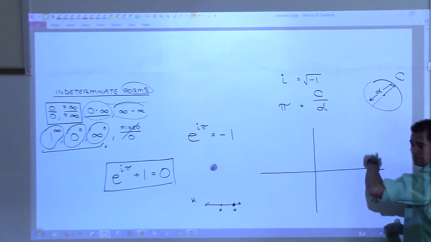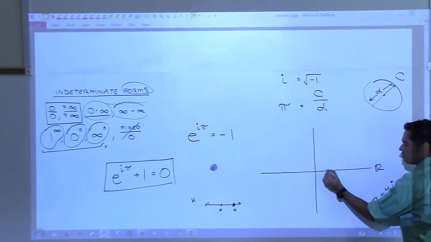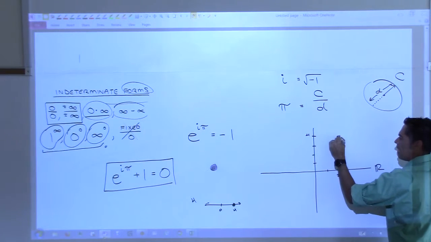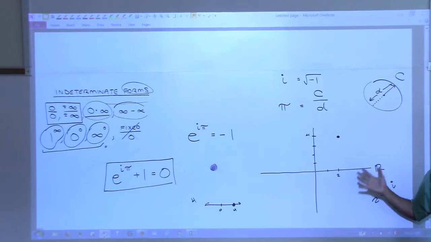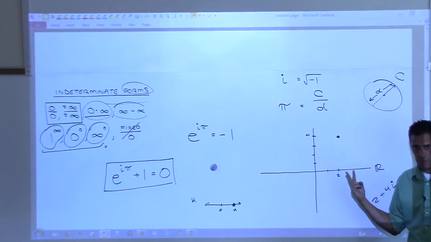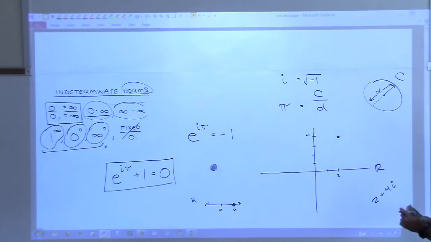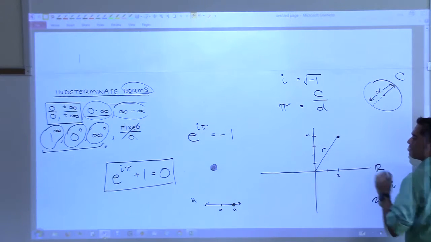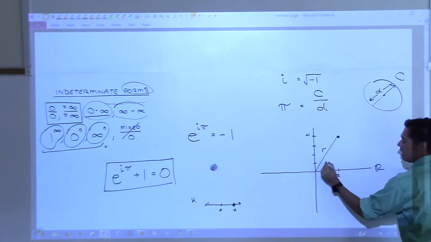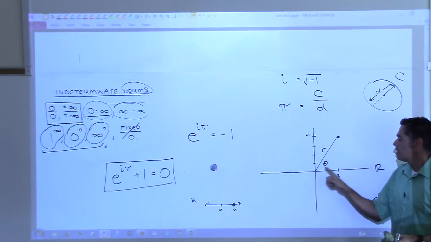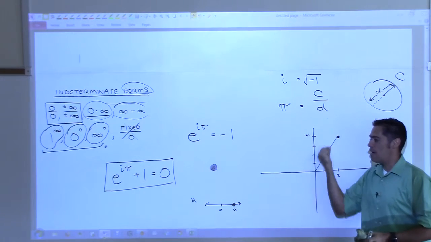So this 2 plus 4i means you would go out 2, and you would go up 1, 2, 3, 4. Here's 4. And we could visualize this complex number in 2-dimensional space. So let's try and wrap our heads around that. A real number requires 1 dimension. A complex number requires 2. Understand? Now, another way I could represent this number is by giving you the radius, in other words, how far to go out to get to it, and the angle theta. This goes back to pre-cal. If you have a point in 2-dimensional space, you can give me the x and the y coordinate, or you can give me the angle and how far to walk out.